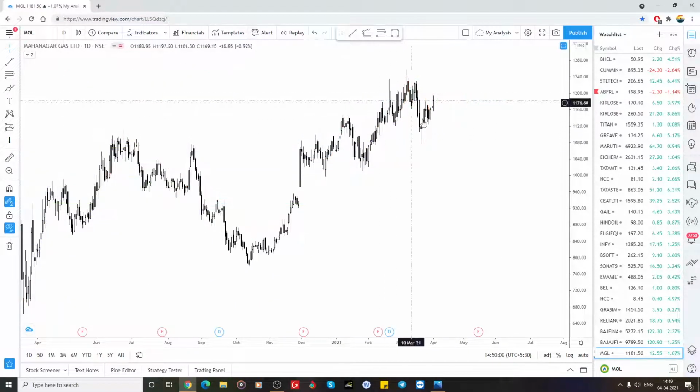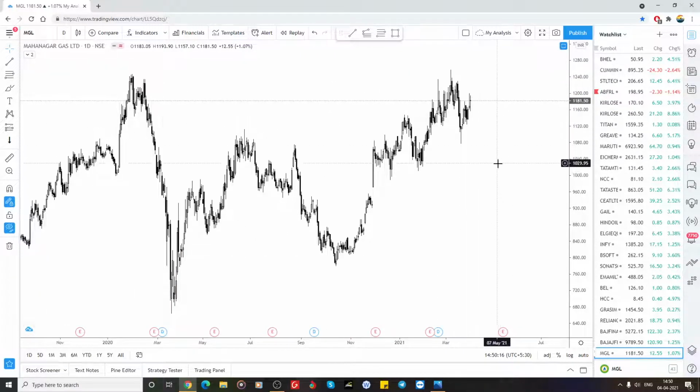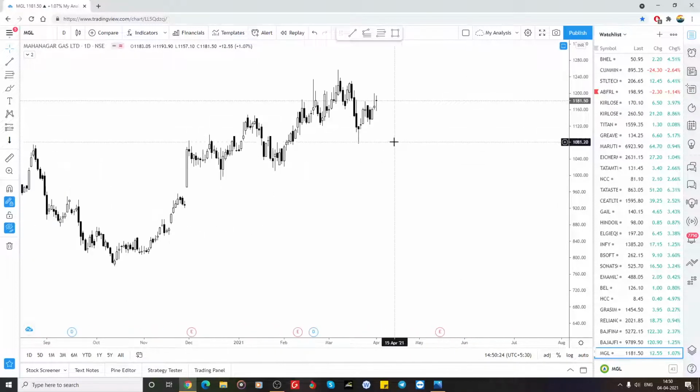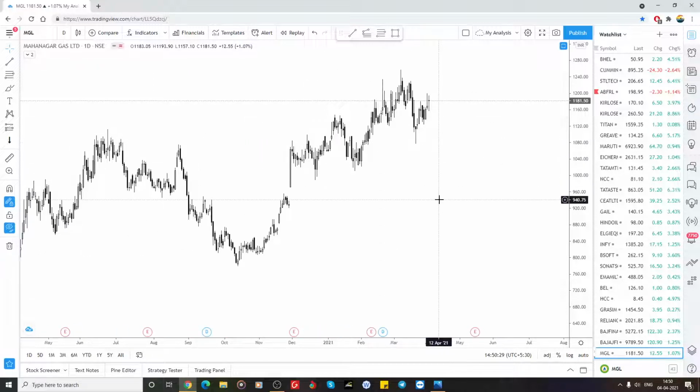Whether it could be a triangle, or it could go above the high and then again fall for the expanded flat, and if it does not break this low, that could be considered as a running flat, and then again it can shoot for that C wave, or it could make a triangle. So the three possibilities are still ahead, or it can go a deeper correction for the B wave also. It is not compulsory, no need to break, it's not like that. It can break this low also, and it can cover this gap, it can fill this gap, so nearly the 940 zone, and again it can shoot also for the C wave.